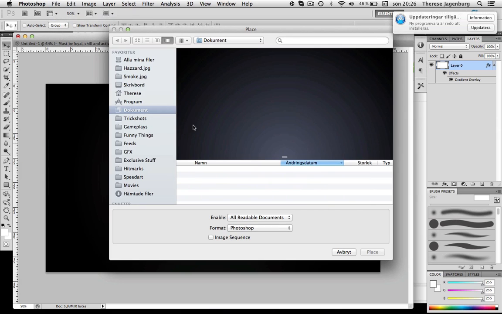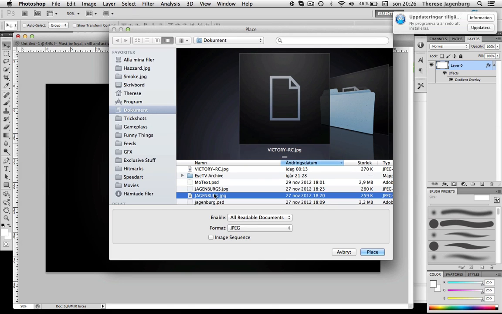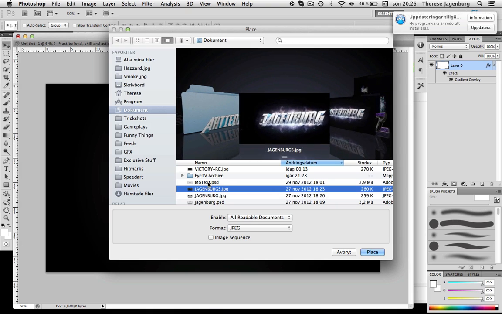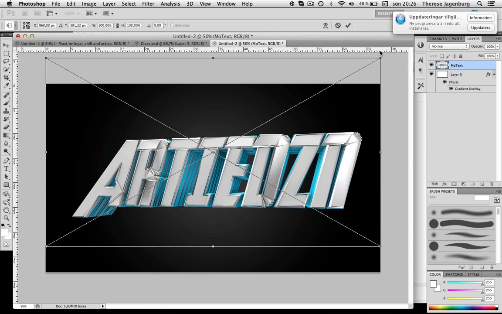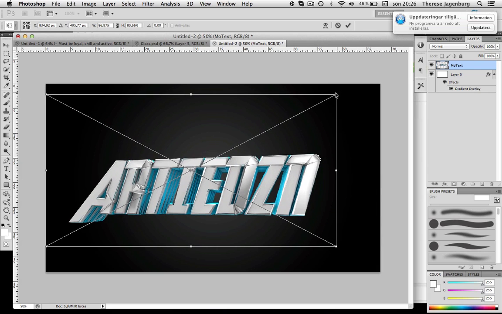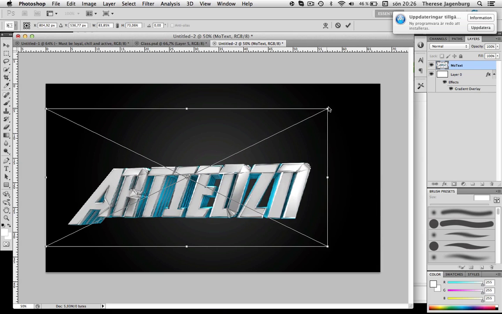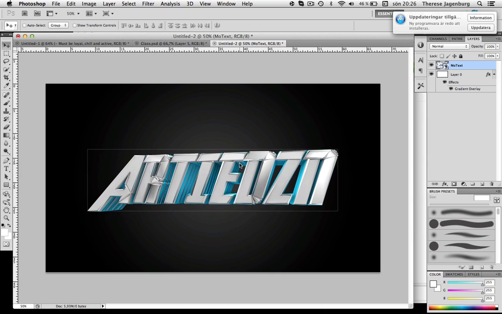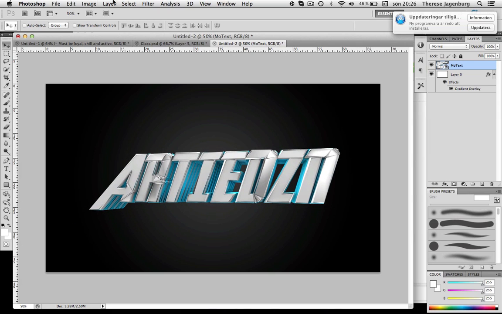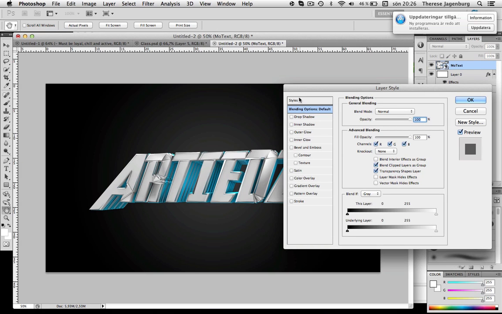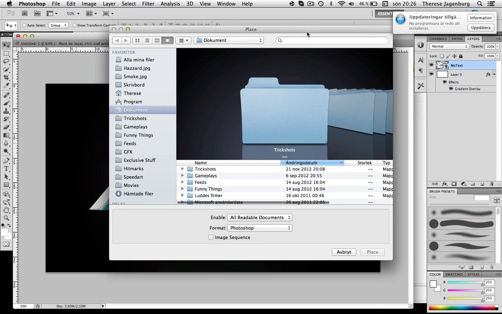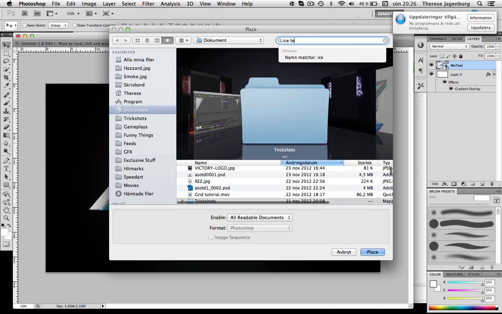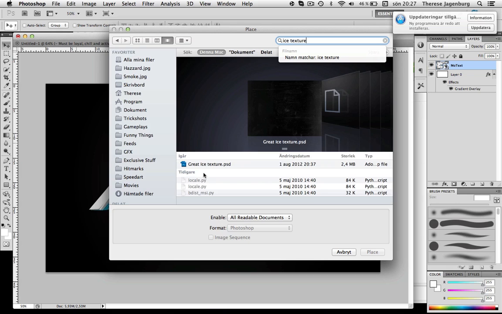Then you place your text in here. You take this text and make it a bit smaller, that's a bit too big in my opinion. You can have whatever size you like. So that looks pretty good. And then you go into Layer Styles and put on a texture that you like. I have an ice texture here that I really think is good,